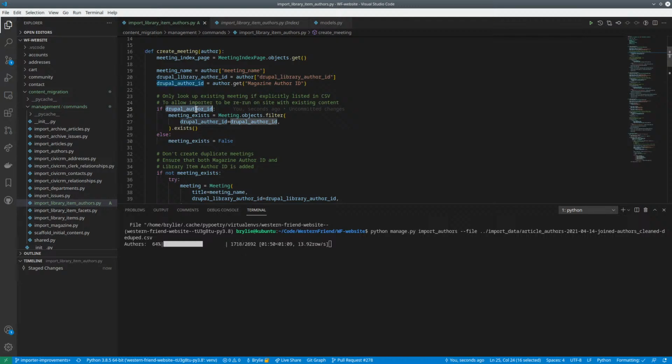It's basically a safety net, but if I'm strict about the order in which I import these,